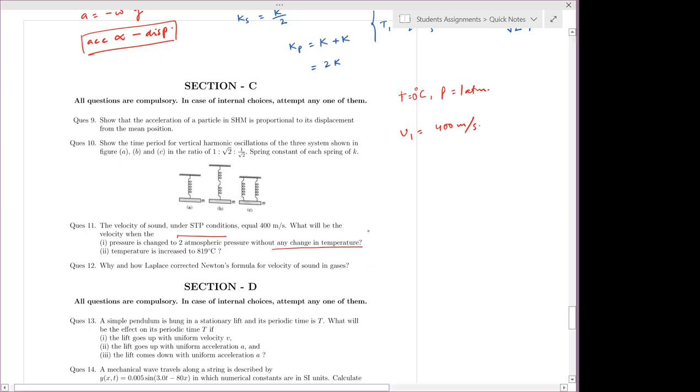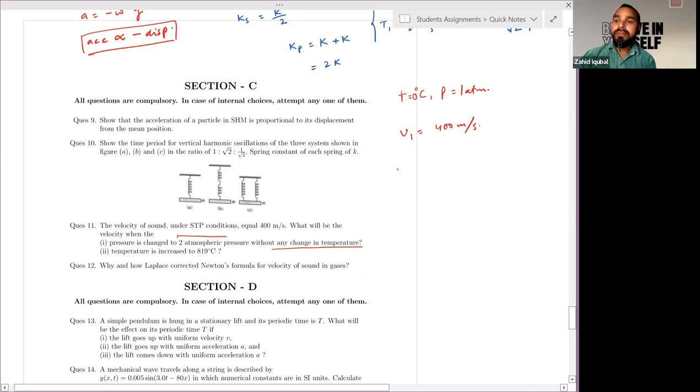Yes, sir. So in this part, since temperature is constant, velocity will be independent of pressure. It means it will be the same as 400 meter per second. But if you have to calculate for the second part, according to the formula, V2 is equal to V1 is equal to root of gamma nRT